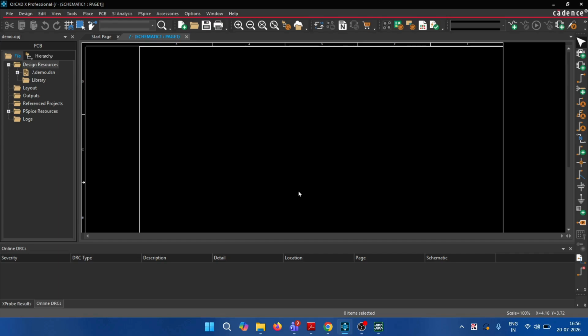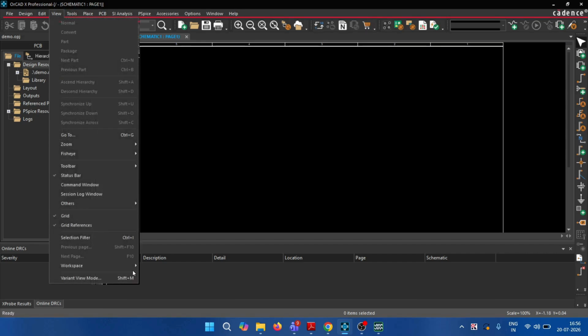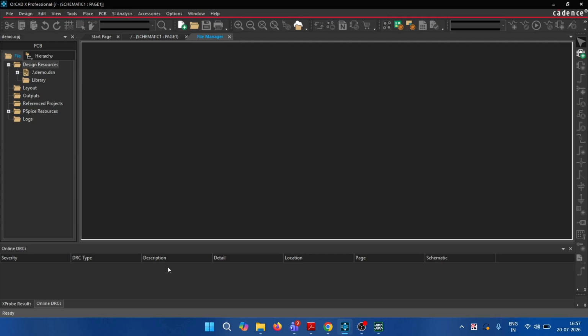So where is this particular project saved on the cloud? To check that, you can either go to view, workspace, file manager, or you can go to this icon right here, file manager. So if you click on file manager,